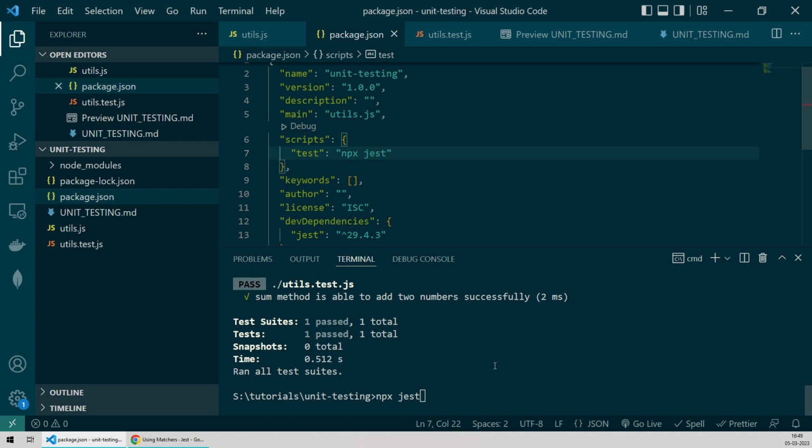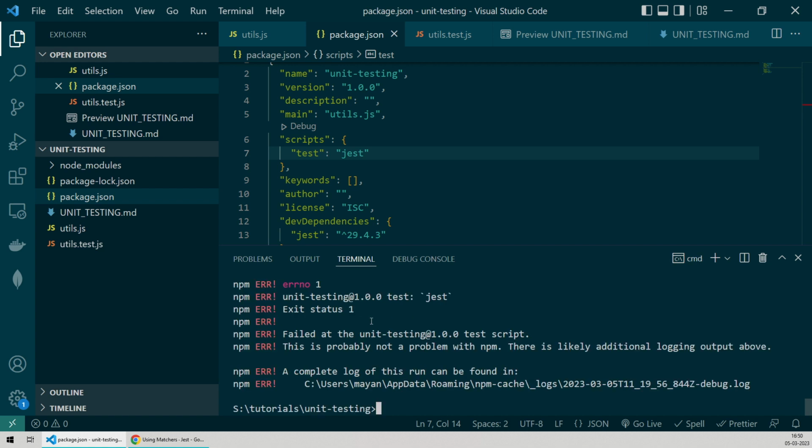And now every time you run npm run test, you will basically be running the jest command. And since this command is already present under package.json, you also do not need to mention npx. You can simply just write jest. So we'll type in npm run test, hit enter, and you'll see that we're getting a few errors logged